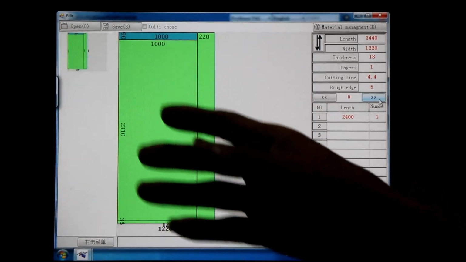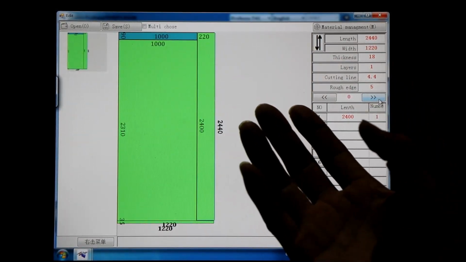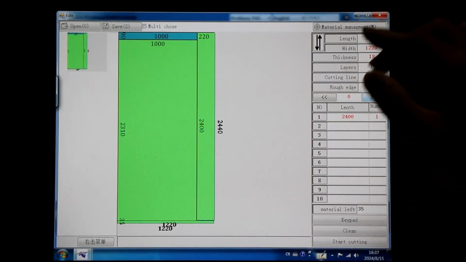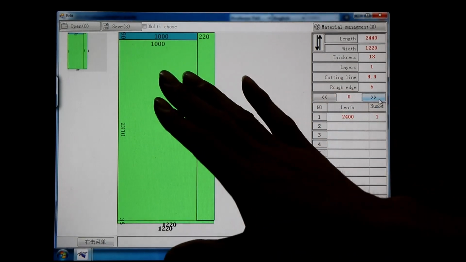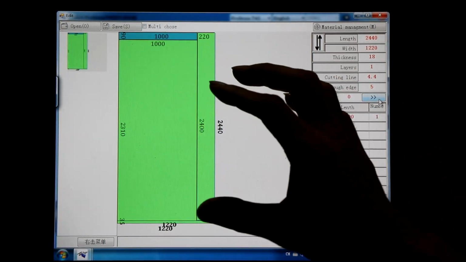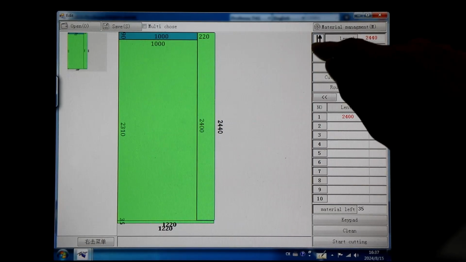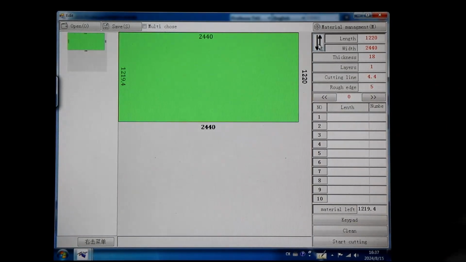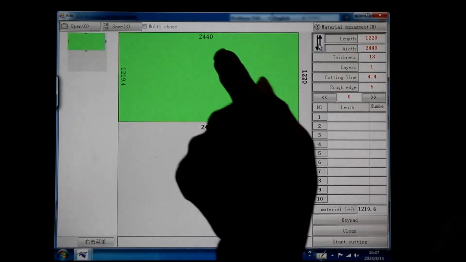This is an online programming, and it's standard, including in the machine. We can program on the computer directly. Okay, from here we can change the direction. For example, if we want to cut